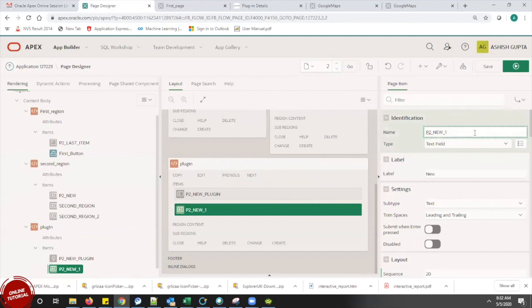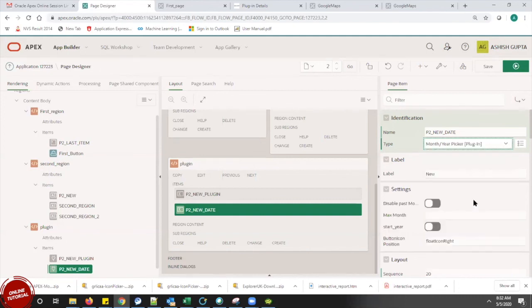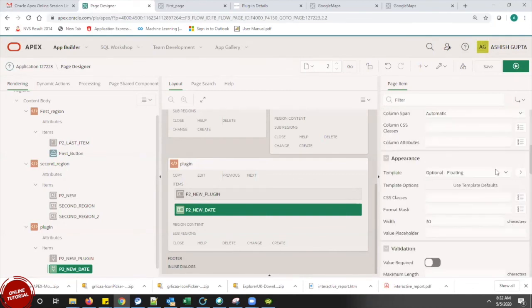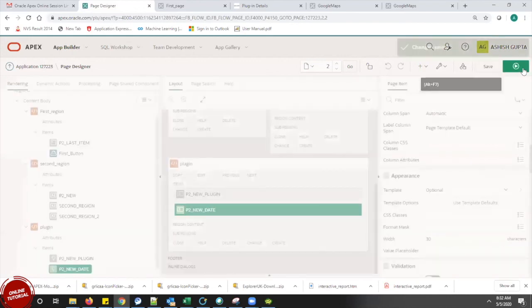This item is again a plugin, but with a date. Now let me select this plugin. I can see my plugin here is a month, year picker, the plugin I have downloaded just now. Let me take this plugin, move it floating to optional, save it, and run it.